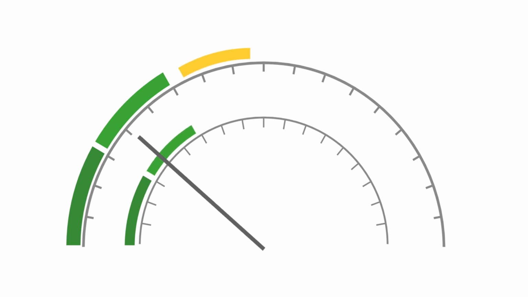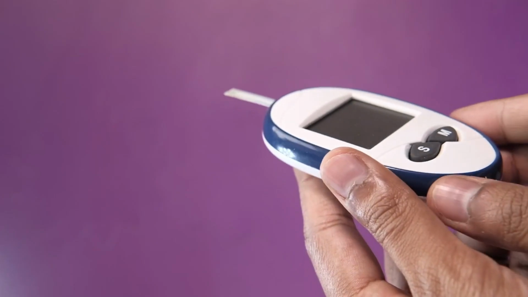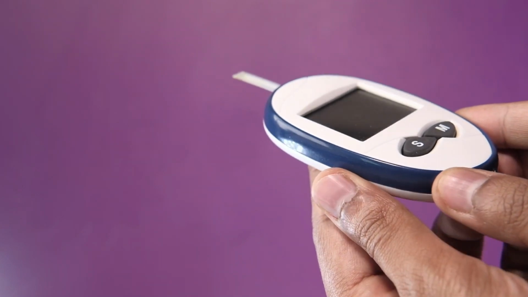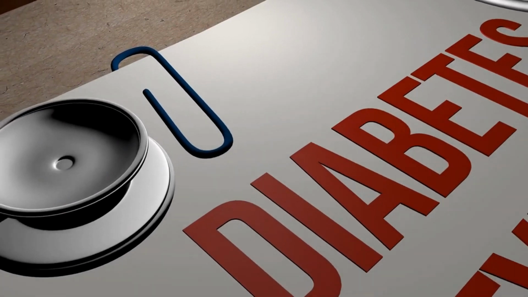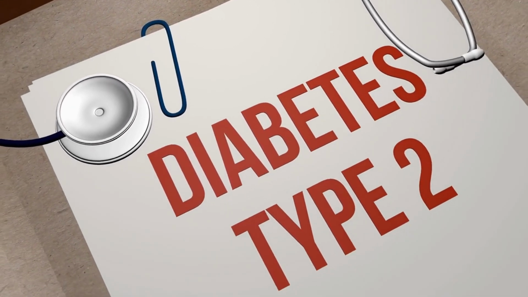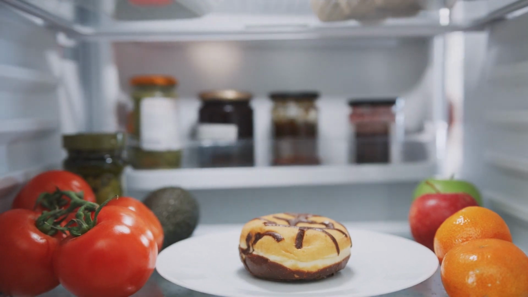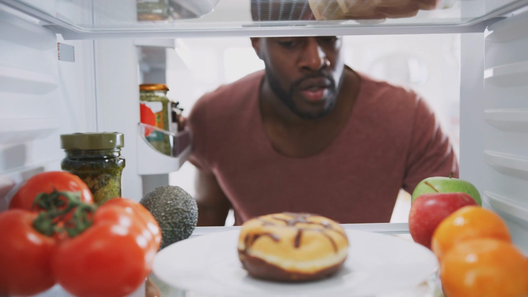One way of determining how a carb-containing food will affect blood sugars is by looking at its glycemic index, GI. The GI ranks foods based on how much and how quickly they raise blood sugar levels. Diets based on low GI foods are thought to be particularly good for people with type 2 diabetes. This is because low GI foods are absorbed more slowly and cause a gradual rise in blood sugar levels rather